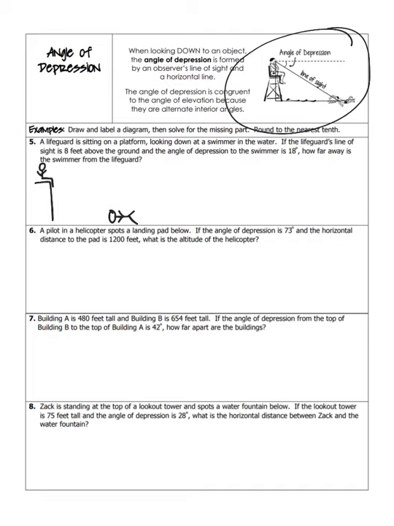Okay. So the line of sight is up here. And then remember, the angle of depression is created with the upper horizontal. The upper horizontal, which is 18 degrees. Okay. So here's where the tricky part is. It says that the line of sight is 8 feet above the ground, and the angle of depression, how far away is the swimmer from the lifeguard? Okay, so now if we look at this triangle here,